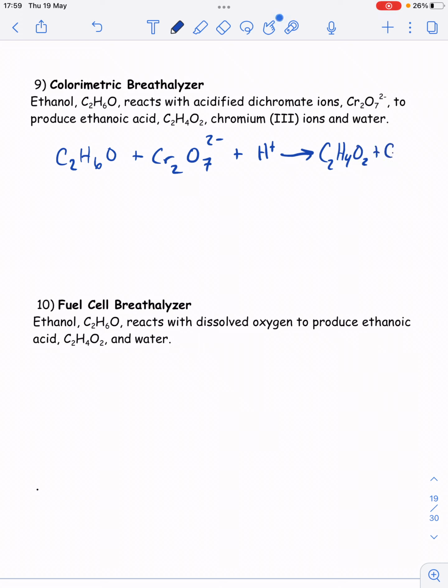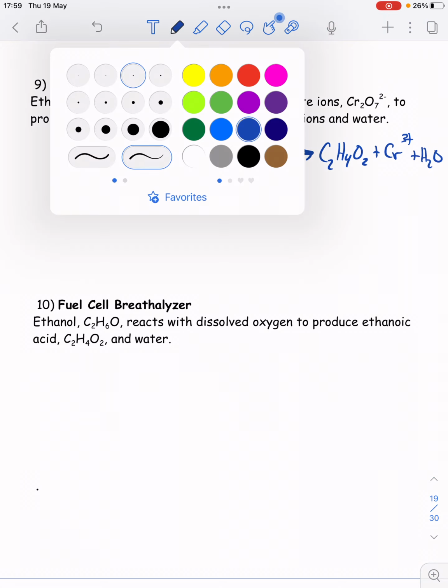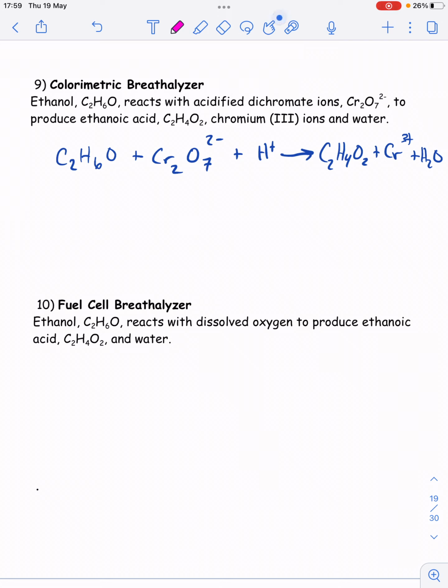We're going to make Cr3+, chromium 3+ ions, and we're going to make water. Okay, now I need to put in my oxidation states. So I've got -2, I've got +1, +6. That means I need -4, I need -2 on that original carbon. I've got -2 on the oxygen, -14 needs to add up to -2, so I need +12, so +6 on